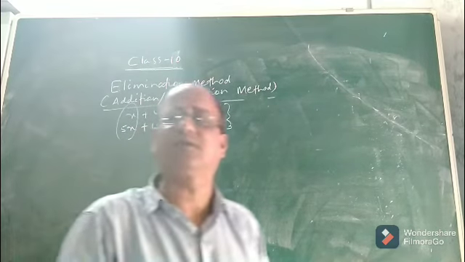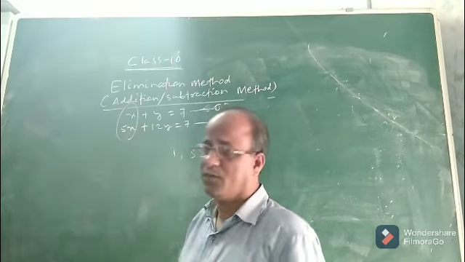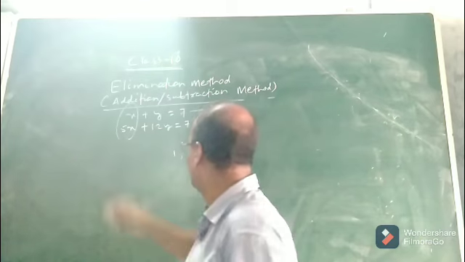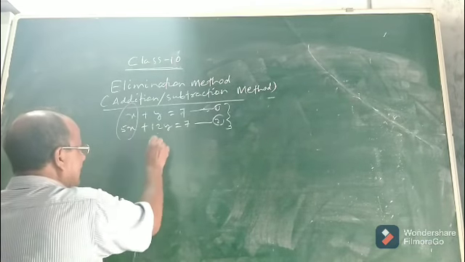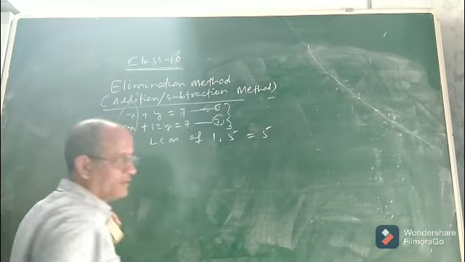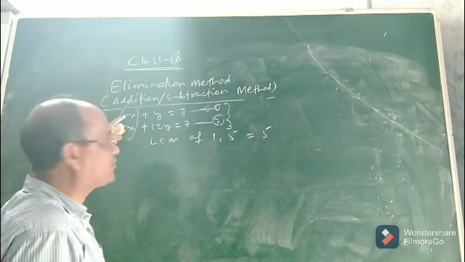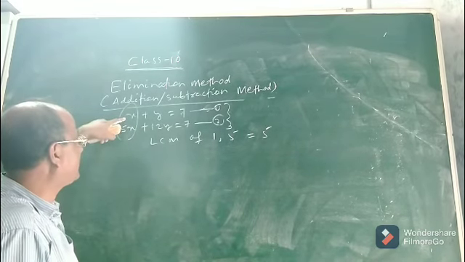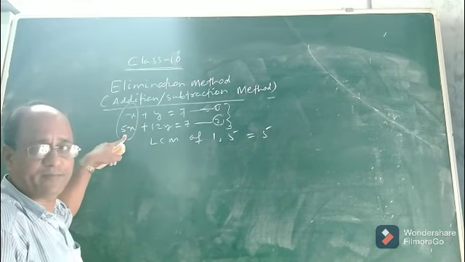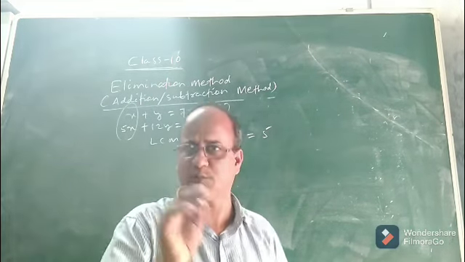Now the point is, you will ask me, sir, what to make? What number will we make both the coefficients of x in the two equations? It will be equal to the LCM of 1 and 5. Take the LCM of 1 and 5. What is the LCM? It is 5. Now if the LCM of 1 and 5 is 5, that means you have to make the coefficient of x in the first equation 5. Here it is already 5. So if it is made 5, then both the coefficients will be equal. Okay, I hope you understood.